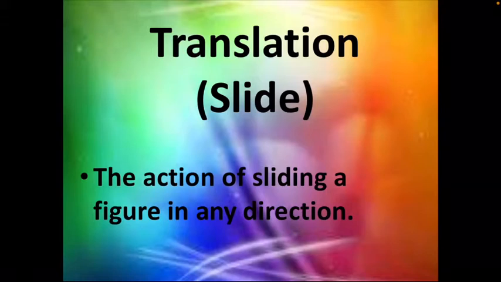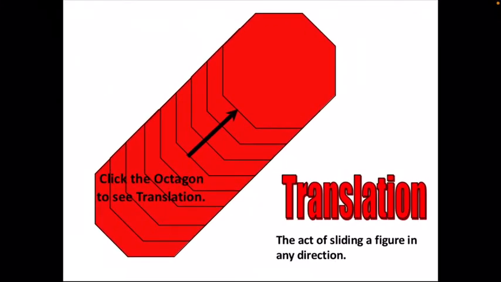When you see the exact same image or the same pattern slide to the next position, and when it moves to that position you can find a similar object, a continuous pattern or a continuous slide of position, this is called translational symmetry. Okay, let me show you this octagon. See, the octagon is translated. See how many octagons are there behind it?